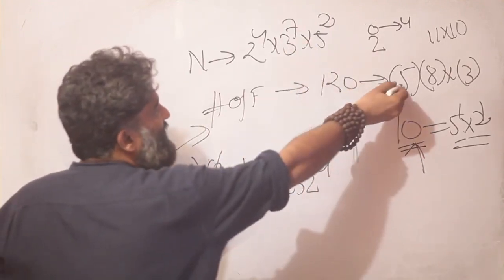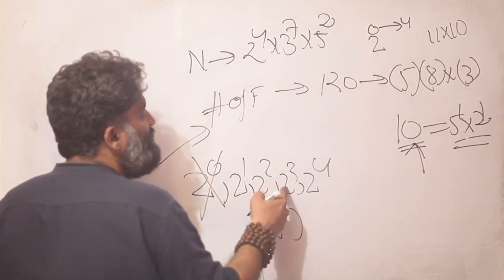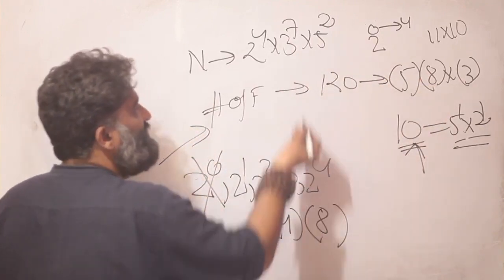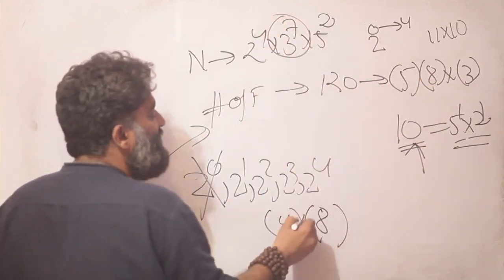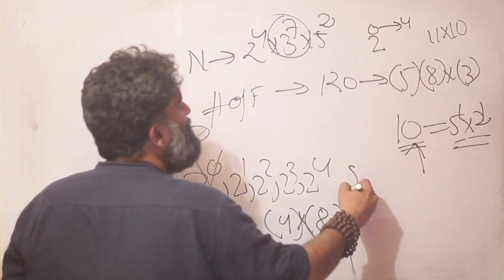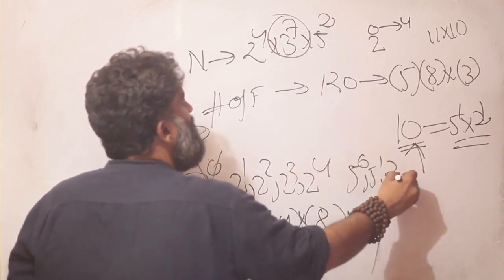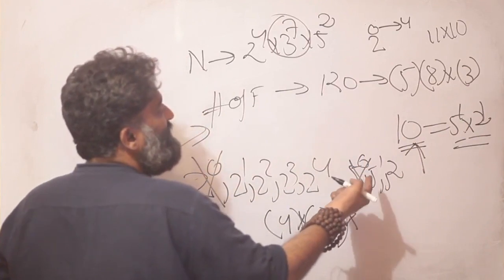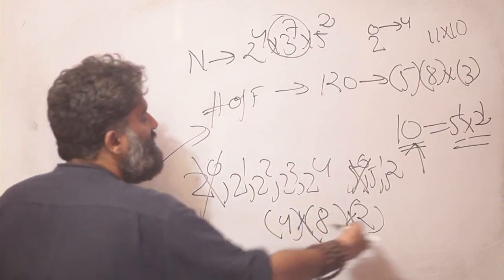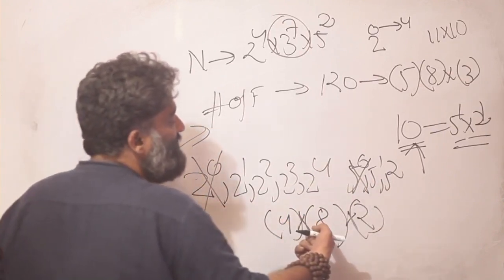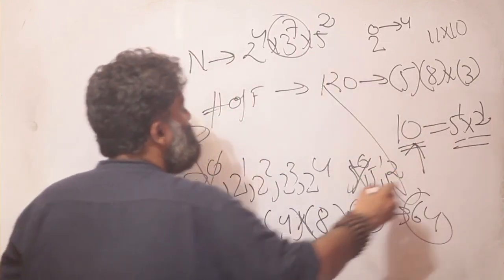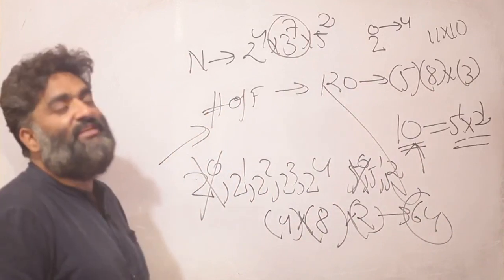So this 5 would become how much? 1, 2, 3, 4. 4 ways of doing it, right? This 8 would remain the 8 only because there is no change in the story of 3. There is no constraint on 3, so I will let it be. And for 5, this 3 meant I am going from 0 up to 2. Now I am saying I must have one 5. That means this 0 is not allowed. That means the number of possibilities would be 1 and 2. Total number of ways of arranging them would be 4 into 8, 32, into 2, 64. So out of these 120 factors, 64 factors will have a 0 at the end.